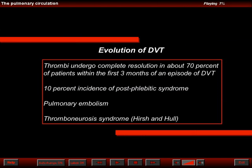Thrombi undergo complete resolution in about 70% of patients within the first 3 months of an episode of deep vein thrombosis. The post-phlebitic syndrome is seen in about 10% of patients. Other problems include pulmonary thromboembolism, thrombophilia syndrome, as described by Hirsch and